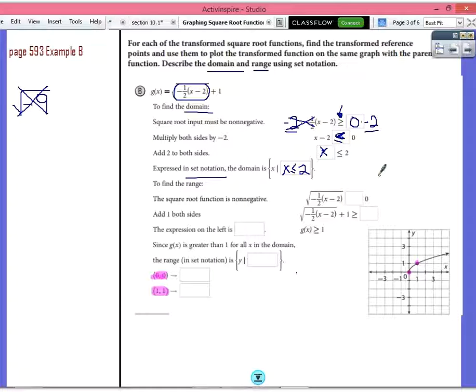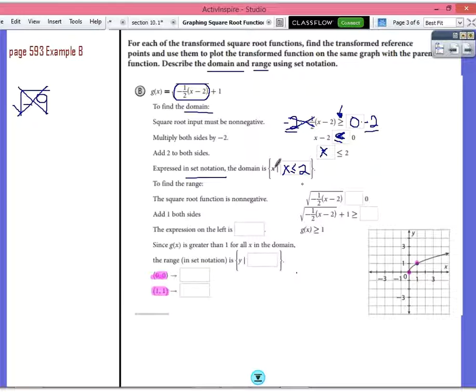Okay, so to find the domain, you set what's underneath the square root sign greater than or equal to 0, and solve for x. That's your domain. x cannot be any number that is bigger than 2. Okay, to find the range,